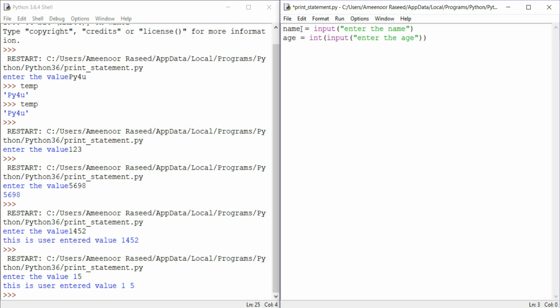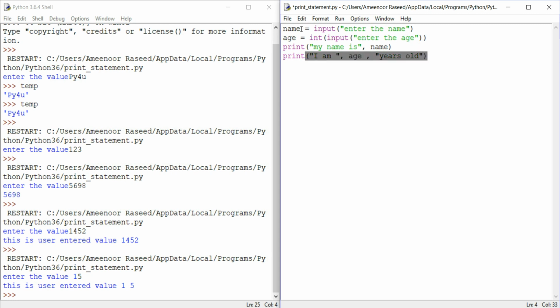Here the print function can be used so efficiently. print my name is comma name, which we get from the user and which prints to us. print I am comma age comma years